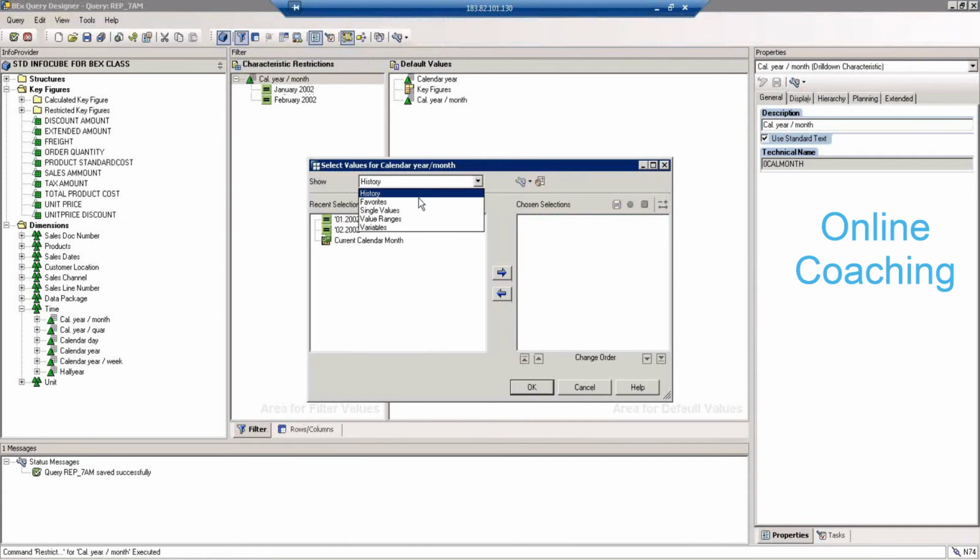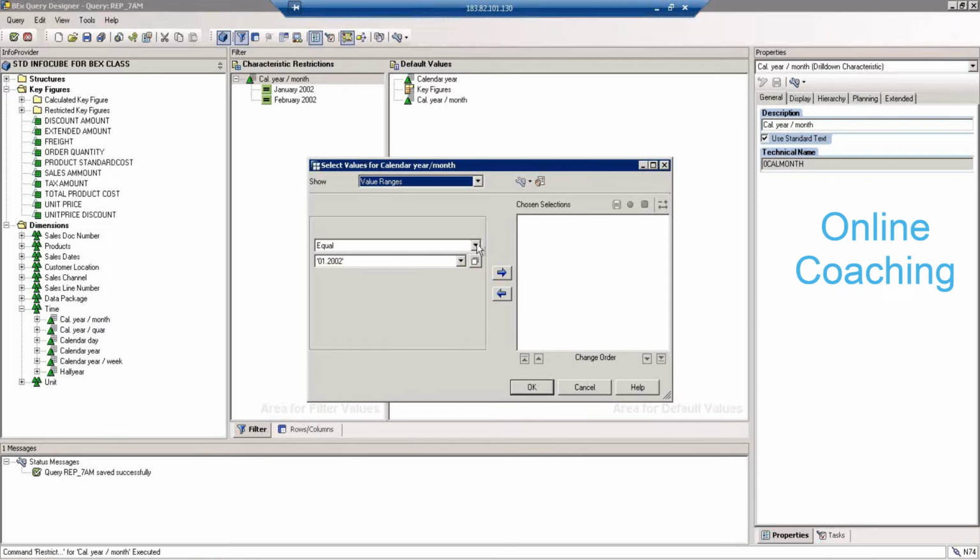There is an option called value ranges. Value ranges are nothing but equal to, between. You have a lot of operators: less than or equal to, greater than or equal to, less than only, greater than only. Let's select between. What do you want between? From January to, I want the sales, for example,